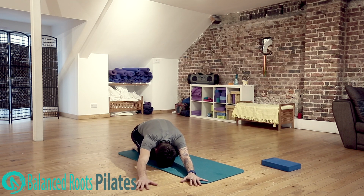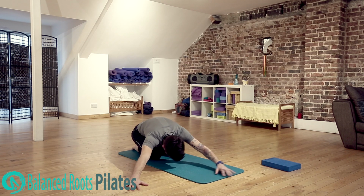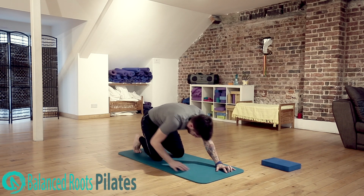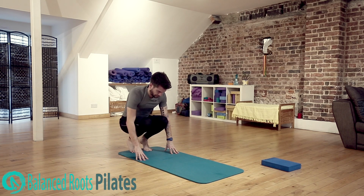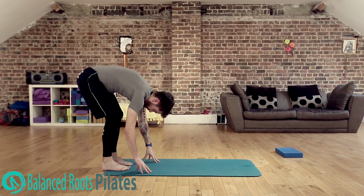Feel a nice stretch along the left hand side of the body now. So really try and breathe into the left hand side of the rib cage. You can focus your attention there, and the breath will follow it. And another breath, and then you're going to walk your hands back into the center. You can come sitting on your toes, bouncing on your toes, wake the toes up, and then you're going to